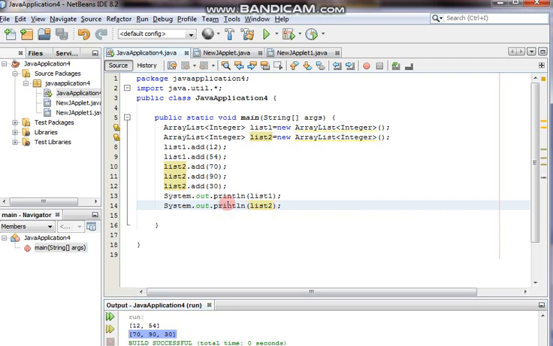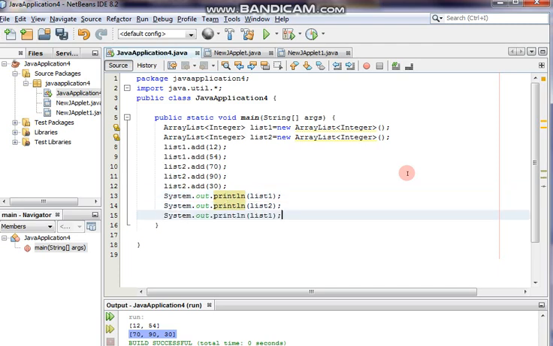Okay, clear? Now what we can do here is add all the content of list1 to list2. So I can make one more print statement, and do here list2 dot addAll, list1.